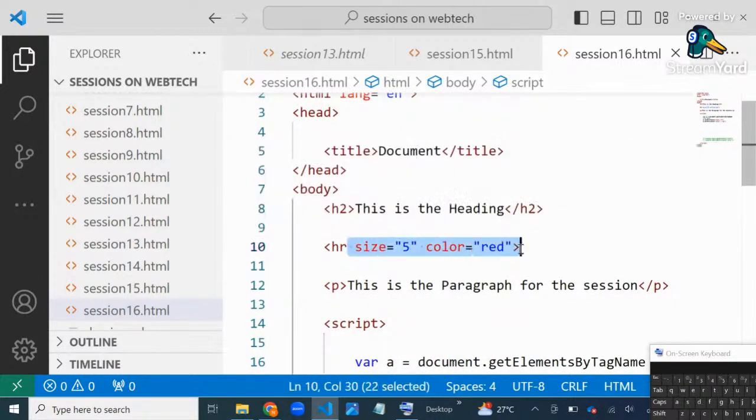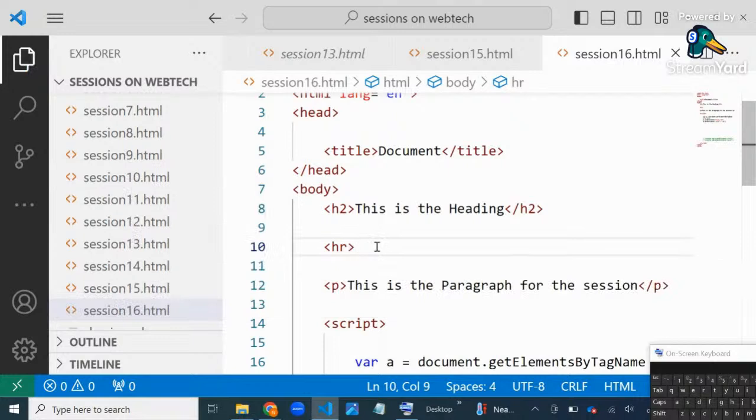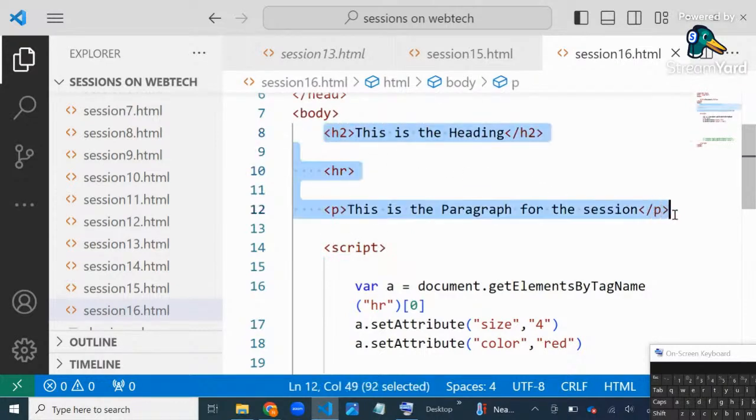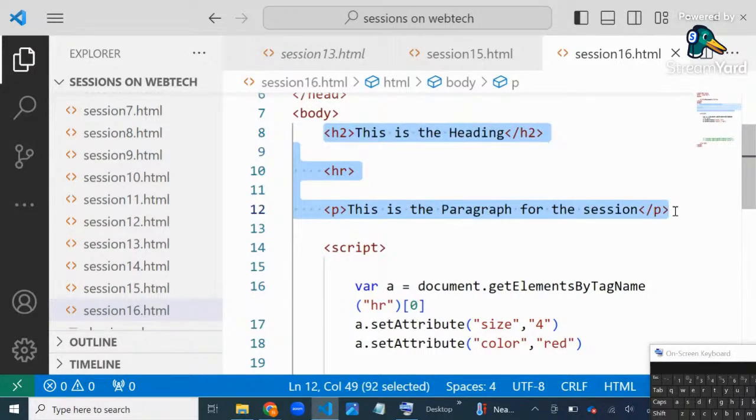Okay, very simple answer, guys. Because we need a minimum number of code. Minimum lines of code is what HTML has. When you write HTML tags, there should be a minimum number of code in the project or in the